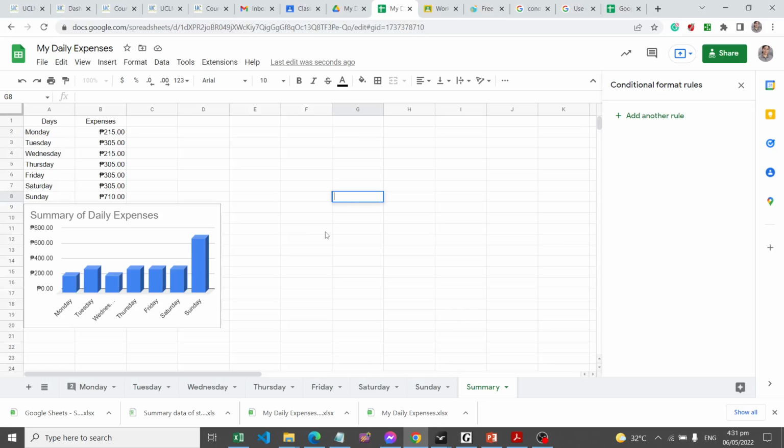Now, the conditional formatting can be applied to cells, rows, or columns to change text or background color if they meet certain conditions. For example, if they contain a certain word or a number. So,